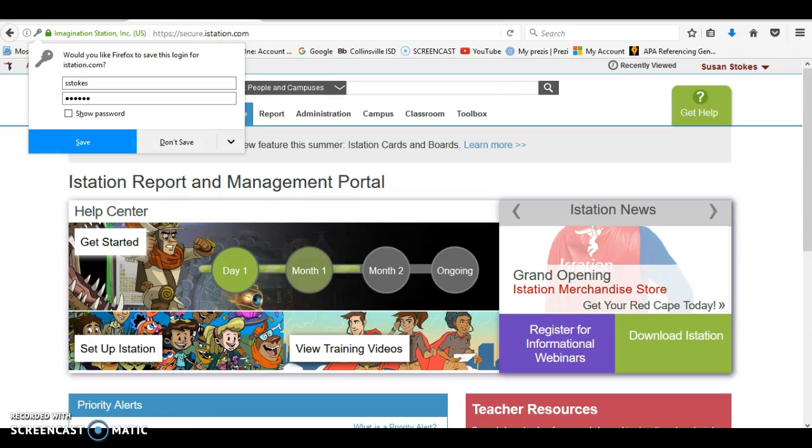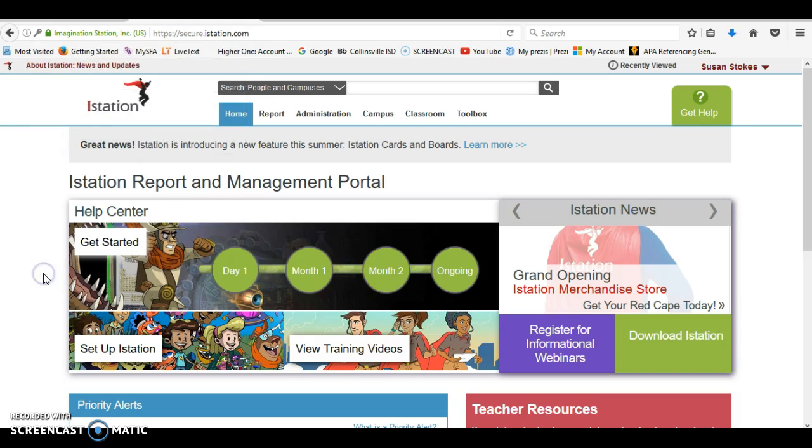Okay. There will be some slight differences because yours will only show your students. If you're second, third, and fourth reading, you'll see your different homerooms. So it will look a little bit closer to mine. If you're pre-K through first grade, it's just going to show your classroom. So if we go to classroom,